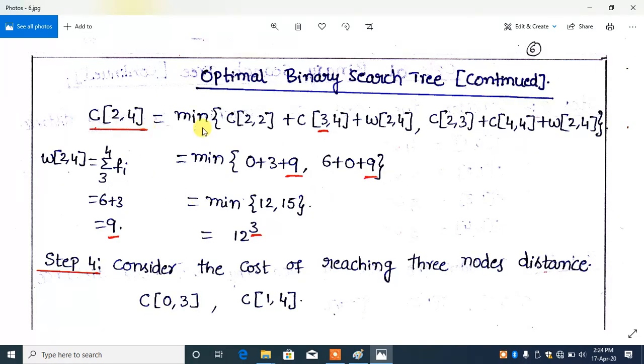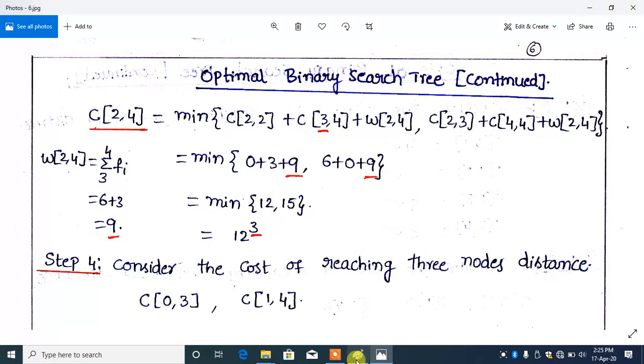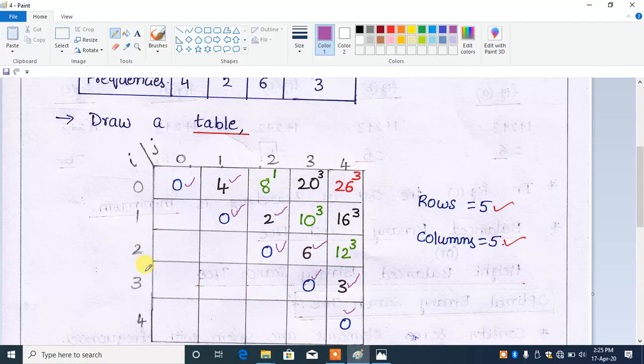C of 2 comma 4 is equal to minimum of C of 2 comma 2 plus C of 3 comma 4 plus W of 2 comma 4, and C of 2 comma 3 plus C of 4 comma 4 plus W of 2 comma 4. You are going to copy these values from the table. C of 2 comma 2 is equal to 0. C of 3 comma 4 is equal to 3.